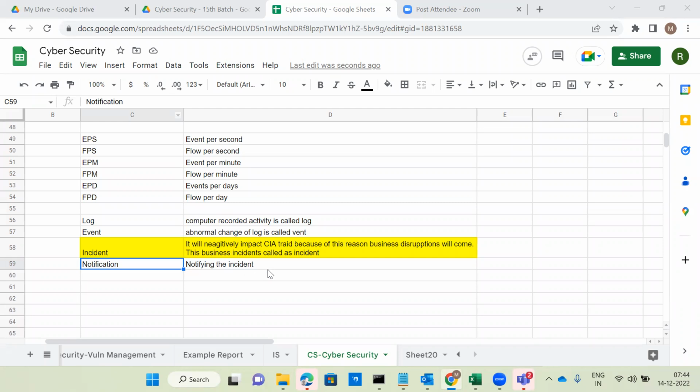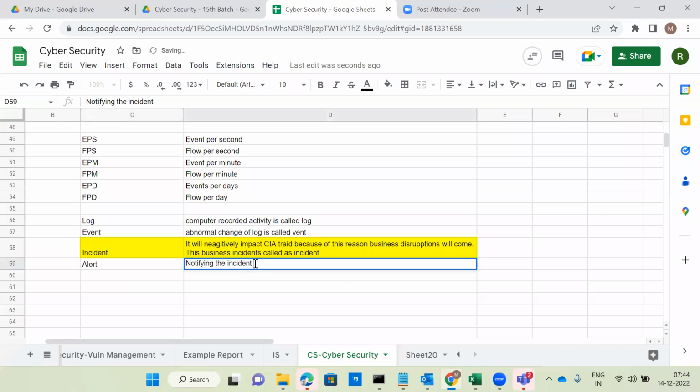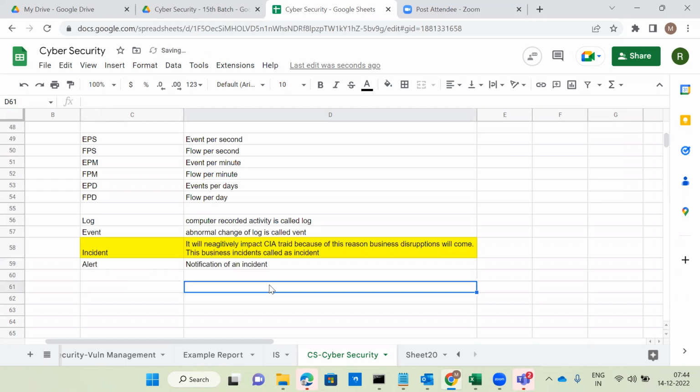Sorry, guys, this is not notification, this is alert. Notification of an incident is called an alert, or alert notification.